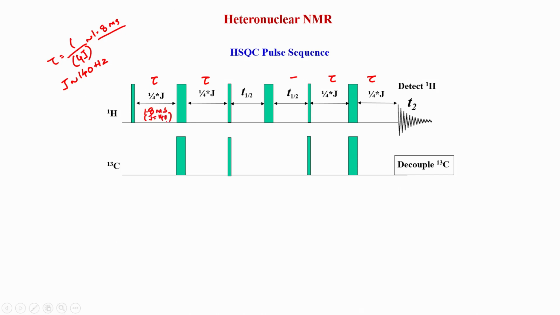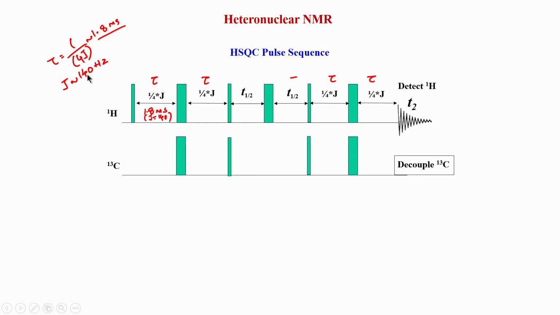Remember, this J value is something we can change according to our requirements. It is not fixed in NMR; it depends on what you are studying. For example, this may be for detecting heteronuclear correlation in aliphatic systems, meaning methyl, methine, methylene. But if I go to aromatic spin systems, there my J value will be higher, close to 180 or 200.